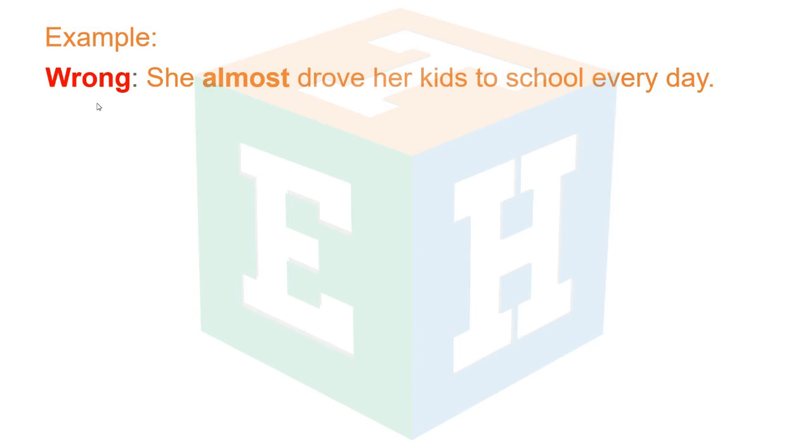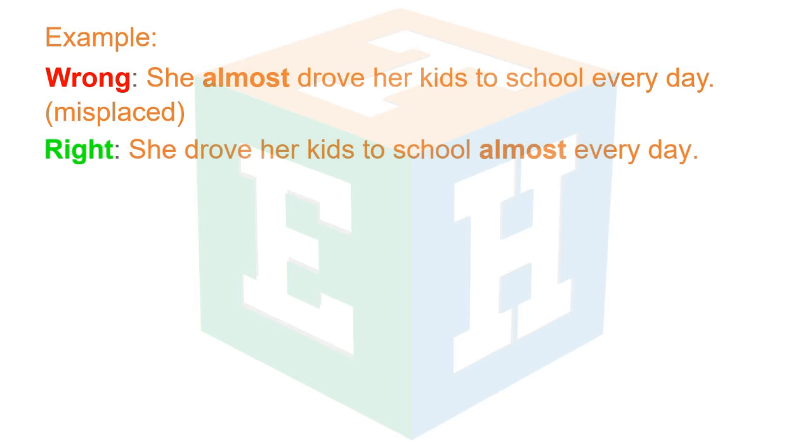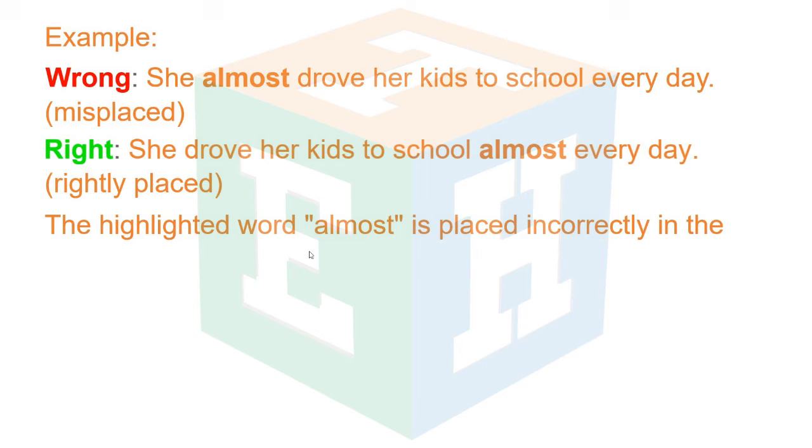Example, this is wrong: She almost drove her kids to school every day. This is a misplaced modifier. This is correct: She drove her kids to school almost every day. This is rightly placed. The highlighted word "almost"